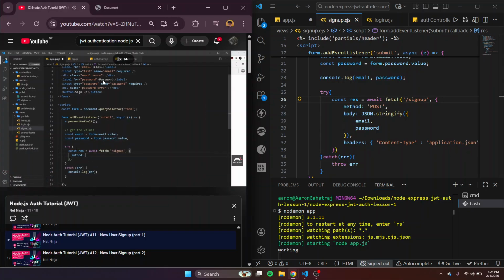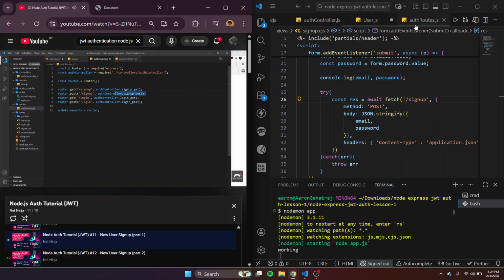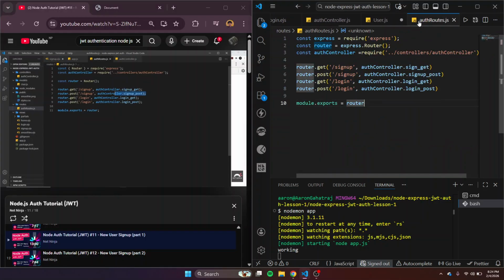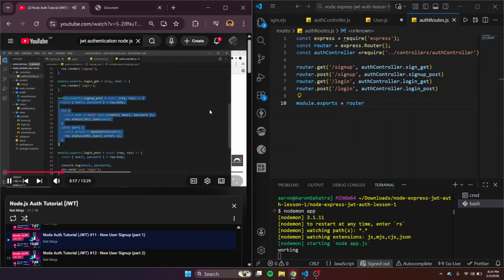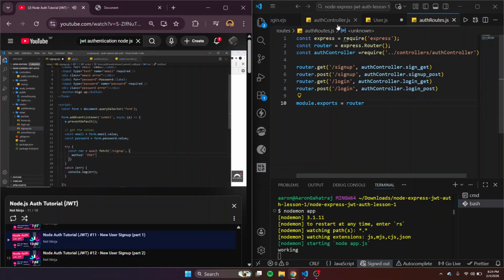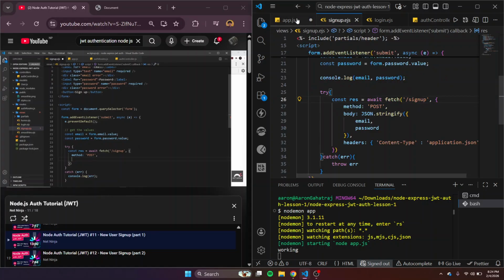And in here we need to specify the method, and that is going to be a post request. So on the server it's going to know to handle a post request right here and use this controller function. So we're handling this right here. So that's the type of request. Secondly, we need to pass along a body, and that is the data that's going along with the request. Now that needs to be the